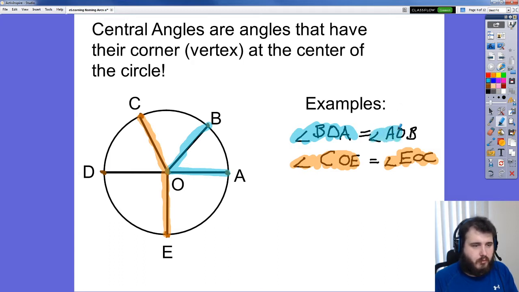Both of those descriptions represent the same angle. It does not matter the order of the letters. In geometry, and I want to talk about this because it does make a difference depending on which class you're taking. In geometry,